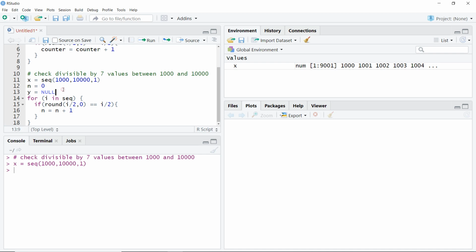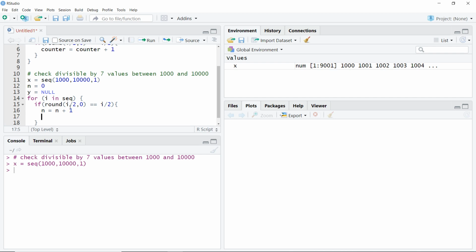If I start with y is equal to 0 and then make y into a vector inside the loop, what happens is it will take the first value of my vector as 0. Therefore I would want the vector to be null. So y is a null value. We have to predefine it before we use it.